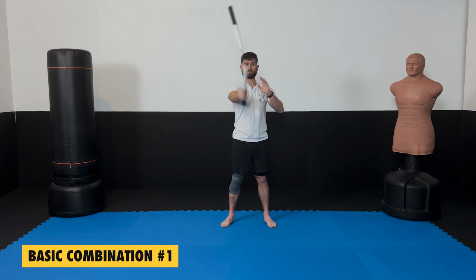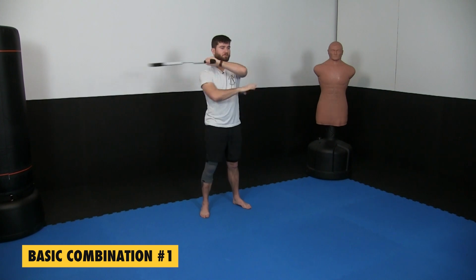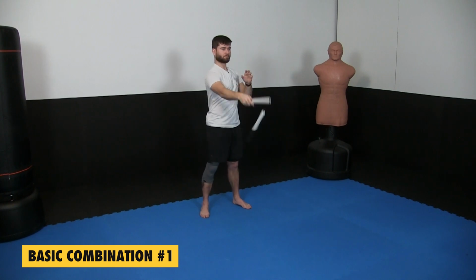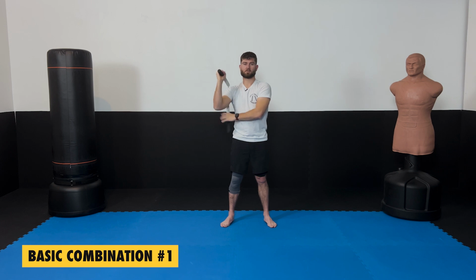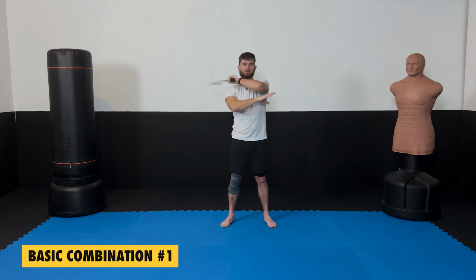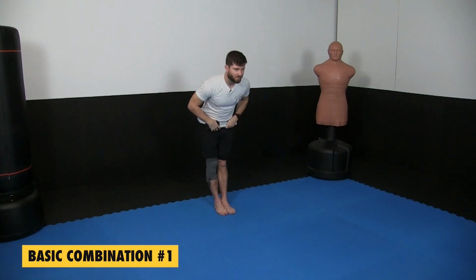So next one, 2, down 1, up 1, side 1, variation 1, forward 1, up, and again, 3, down, up, side, variation, forward, 4, down, up, side, variation, forward, 5, down, up, side, variation, forward. And let's close it, reach up and over, present out, right foot steps, left foot steps, bow,